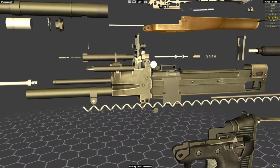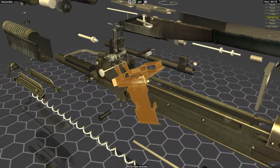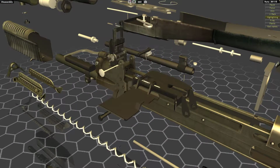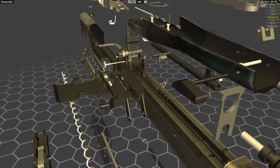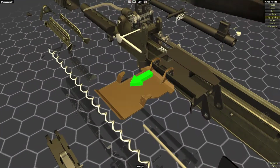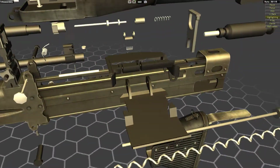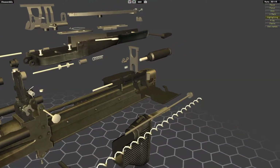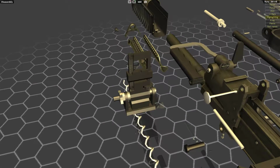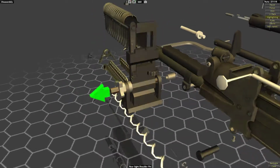Okay, for the receiver, there's a whole bunch more stuff. So this is the frame assembly. This is basically what holds the bottom of the belt and feeds it. And we've got the cartridge retainer shaft. This part, that's it for that. And then we've got the sight, obviously, the rear sight, which has a whole bunch of parts. As you can see, it is range adjustable, so